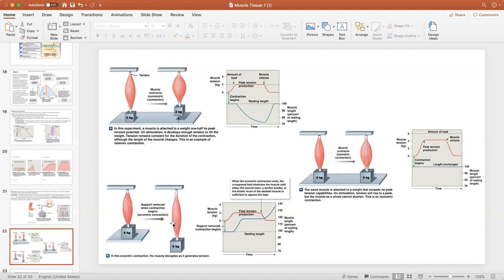Eccentric, so it's lengthening as it is contracted. This is kind of like what happens if you're running downhill. Your quadriceps are contracting to slow your descent, but they're lengthening as you're going down the hill, right? So we have eccentric contraction, where we have the load causing a lengthening in the muscle as it's contracted. Okay, so go over those terms,